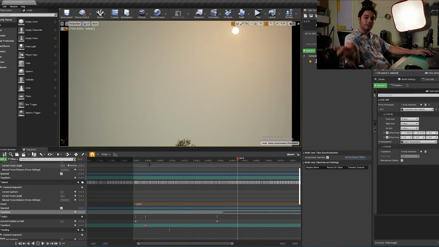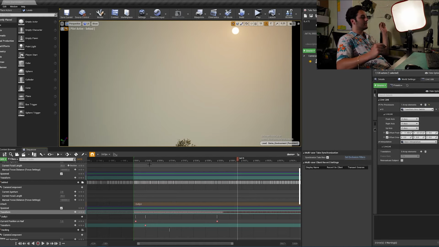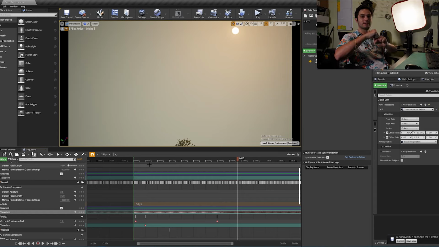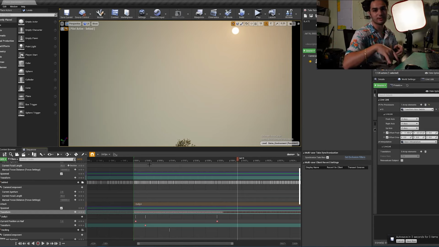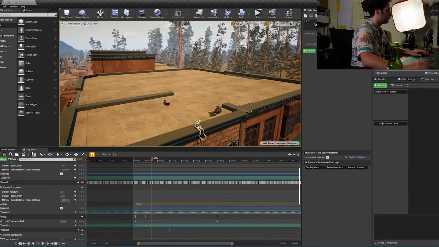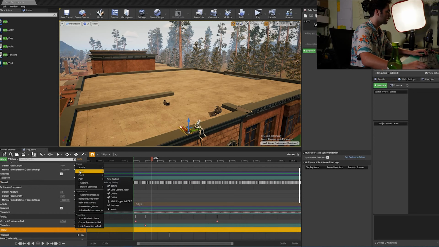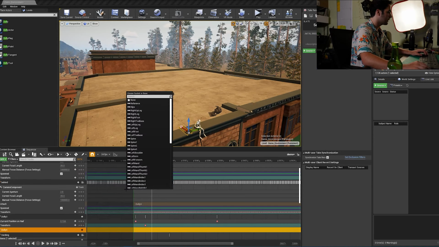Now we gotta do the whole thing over again for the reverse shot, or to watch him kind of fly back into the sky. And for that, what we're gonna probably do is put a dolly onto its body and then put the camera onto that dolly so we can be flying up with him and I can just give it some shake as we go up into the sky. So let's do that. Starting out, we're just gonna grab a new dolly, bring dolly 4 into the sequence,